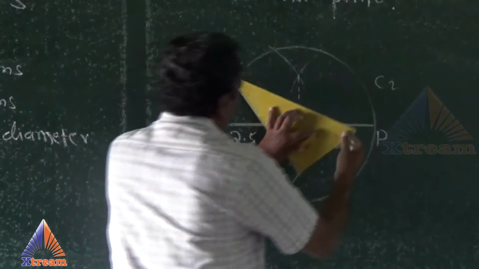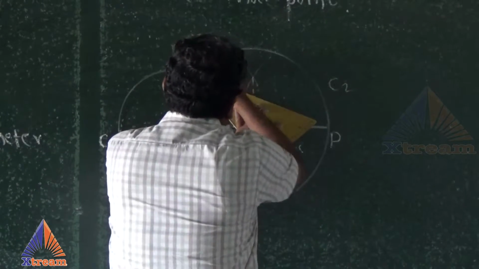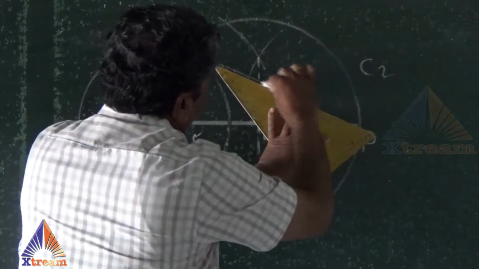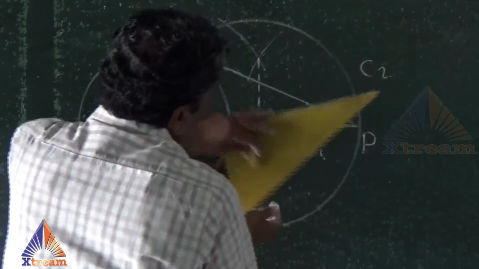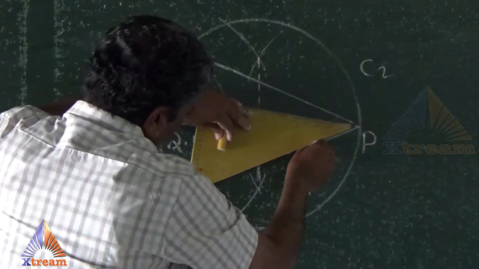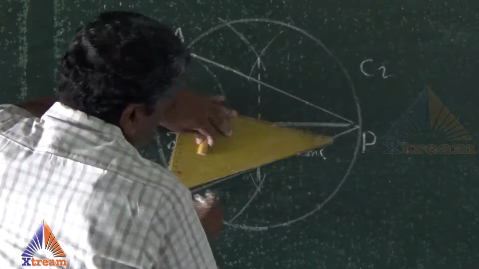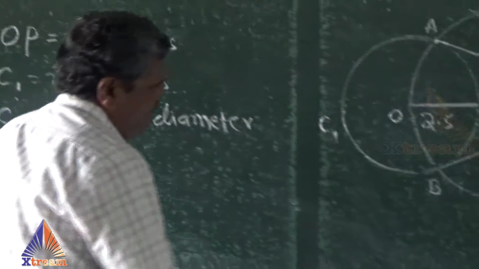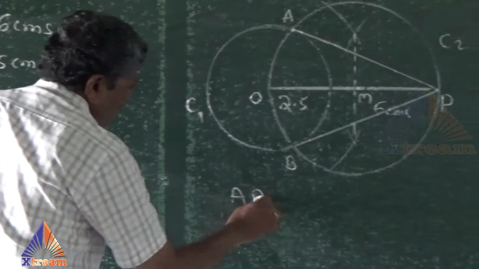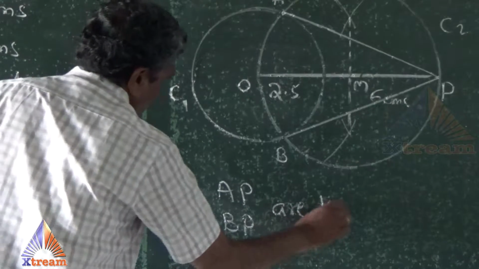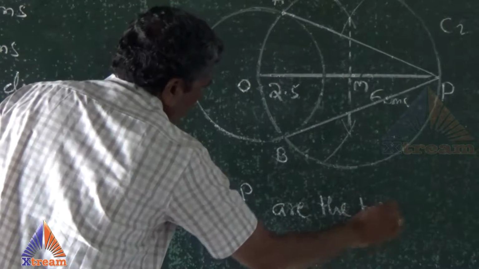Then you join AP and BP. AP and BP are the tangents